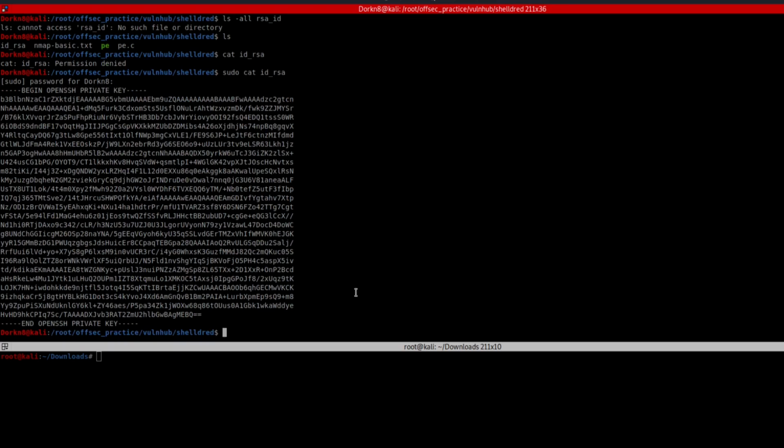So before I move on further, I just want to give a quick brief about how OpenSSH works. So basically, OpenSSH uses asymmetric key encryption. So what happens here is each system generates its own private key and public key.